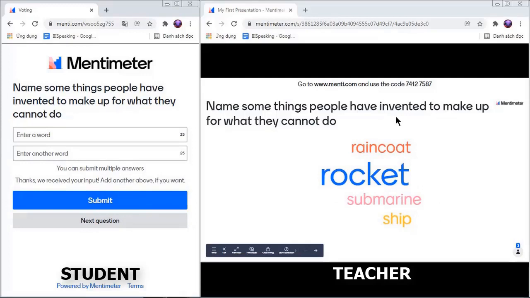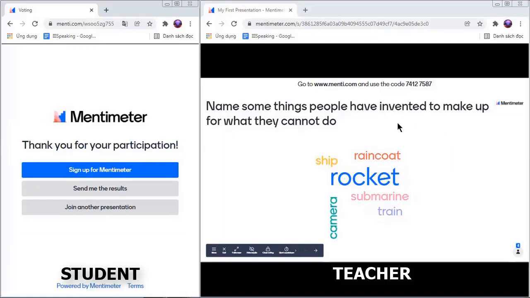Students will be able to see their answers on the teacher's screen. You can see that those words come straight onto the screen.